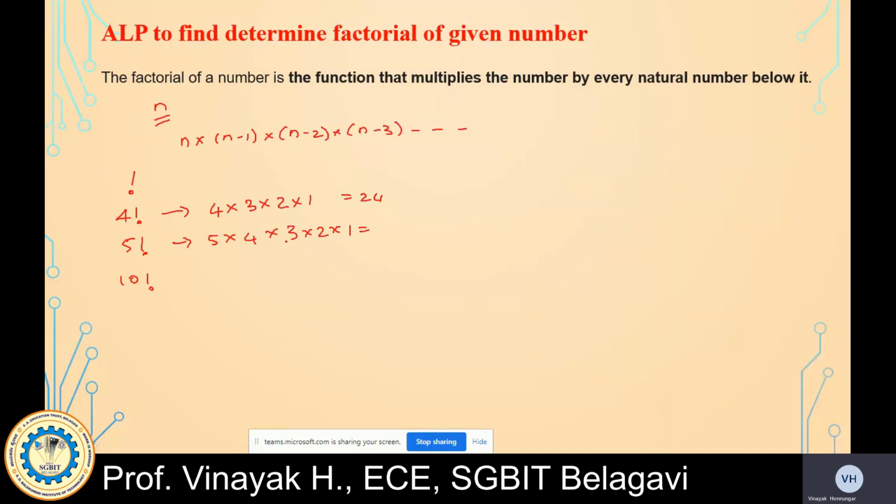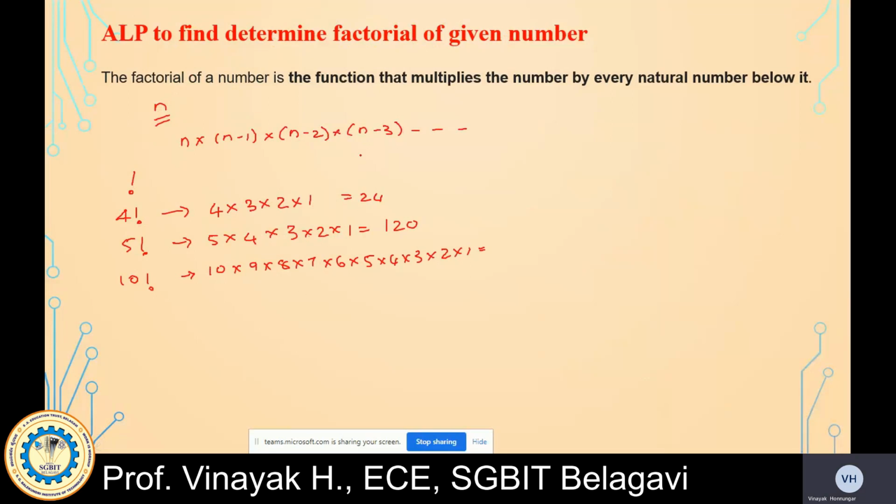So 5 times 4 is 20, 20 into 3 is 60, 60 into 2 is 120. Similarly for 10, 10 into 9 into 8, 7 into 6 into 5, 4 into 3 into 2 into 1. Okay, so this is the factorial.